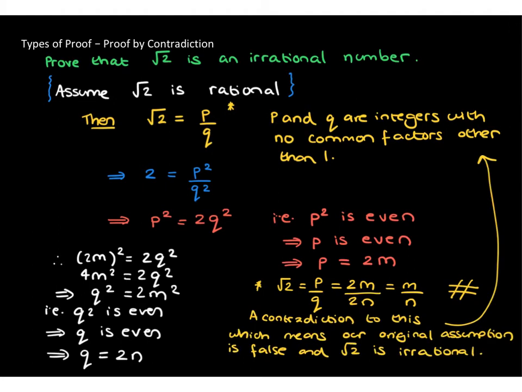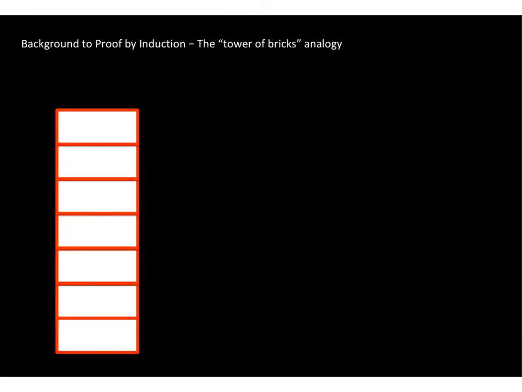And that's how proof by contradiction works. You assume the opposite of what you're trying to prove, and then demonstrate that this results in a massive contradiction, which means your original statement must be false, and there you have your proof. So we're now going to, in this lesson, introduce something different, a different format of proof, which is called proof